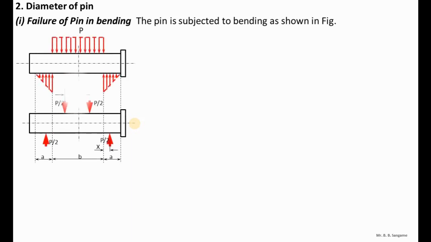So here I have shown the portion which will be inside the eye. So this is the thickness of eye. Okay, on this thickness there will be a uniformly distributed load, and this is the thickness of fork. Okay, so this portion will be inside the fork, and on this portion I have assumed that there will be a uniformly varying load. Okay, so in the design procedure you can check how the formula is derived.